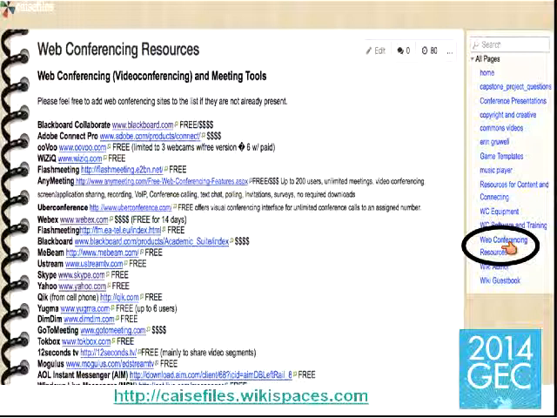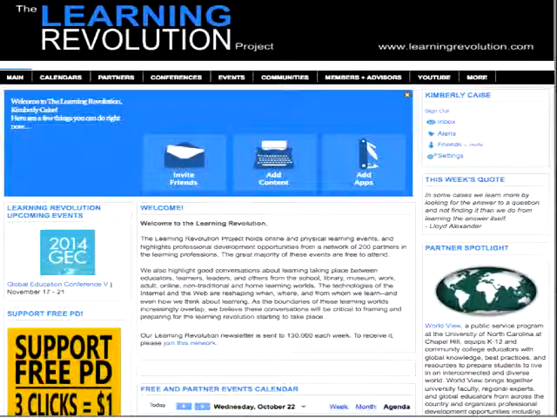And you can participate in different projects and also meet in a web conference similar to Skype, although you can use Skype. But if you're not able to use Skype for whatever reason, there's a whole list of about 30 or 40 different resources that you can explore. And I try to list if there's a cost to it and if it's free, or if it's limited to different users and stuff, to save you a little bit of time.